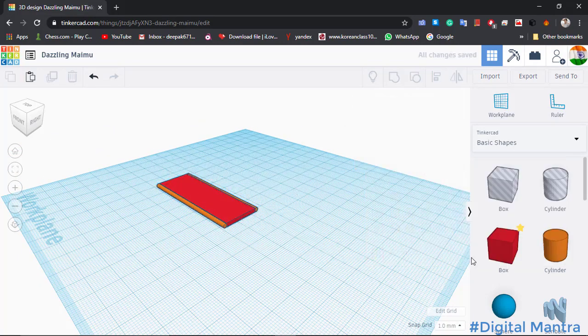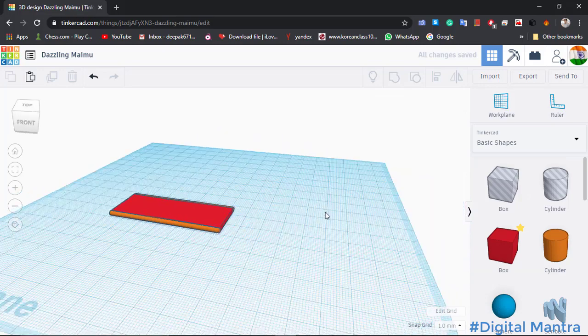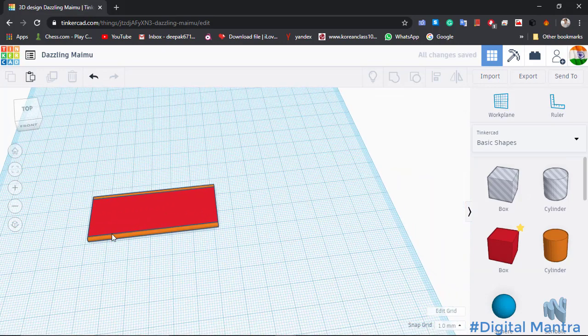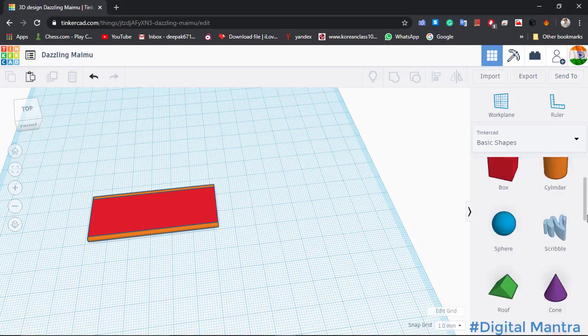Now we know that on the scale we have flat strips at 0.5 centimeter, showing a tenth part of a centimeter, and one longer roof type structure which shows that it has completed 1 centimeter, 2 centimeters, or 3 centimeters. For this we will be using the roof feature here.